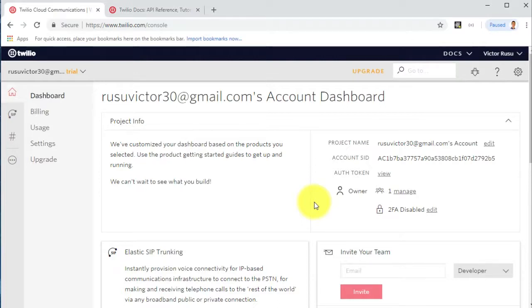Hey guys, in this video I just wanted to share with you a really cool service I found out about a while ago. This is a company that provides web services API for building voice and SMS applications. The company I'm talking about is Twilio, as you already see on the screen. If you go on twilio.com you can learn more about this company, but basically